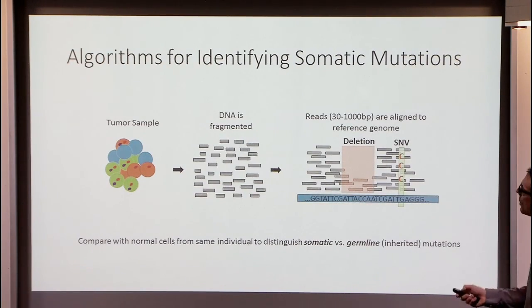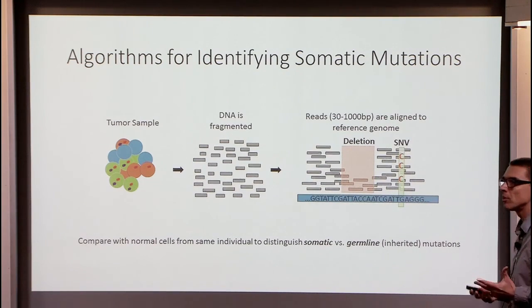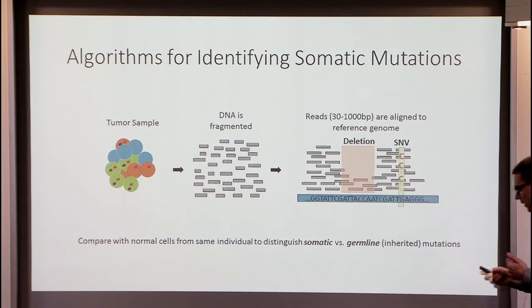So again, heterogeneity is a major problem. The starting material really is not a homogeneous set of cells, but rather a diverse sample of tumor cells, including normal cells. And all the reads are obtained from these different cells. After mapping them to the genome, there are different things you can infer from these data.